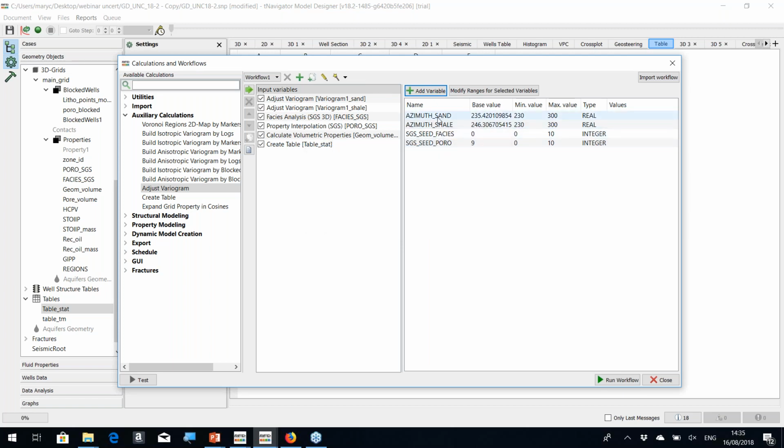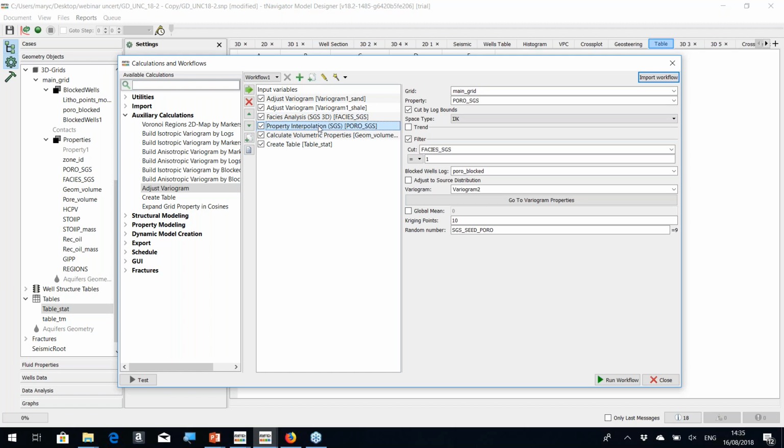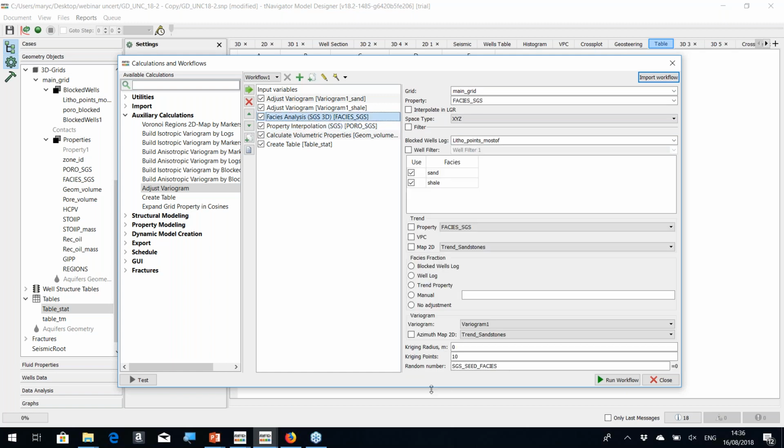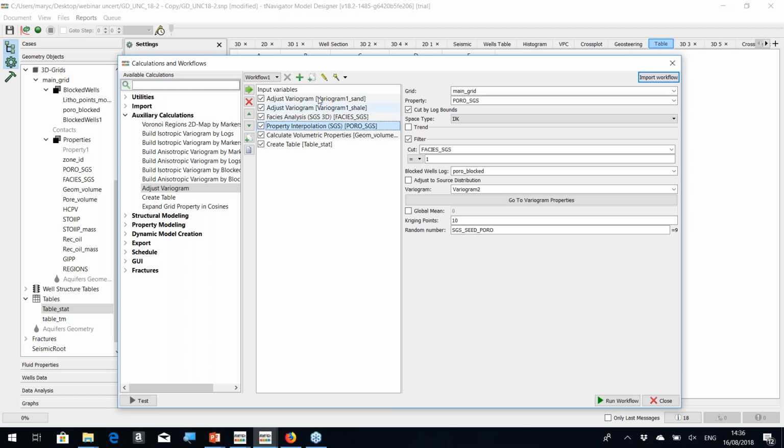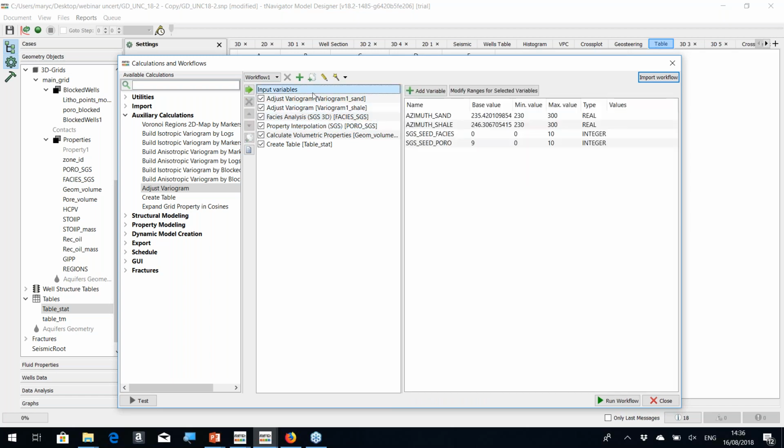So I did this for several variables in the variogram analysis, both azimuth and the sand and shale variogram. And then I just picked two parameters in my facies interpretation and porosity interpretation. So in facies, you saw this window already. Tom described it very well. What are we doing and why? I took a random number as my seed. I take a seed number as my variable. And the same I did for the porosity. So in this simple example, we just have 4 variables,